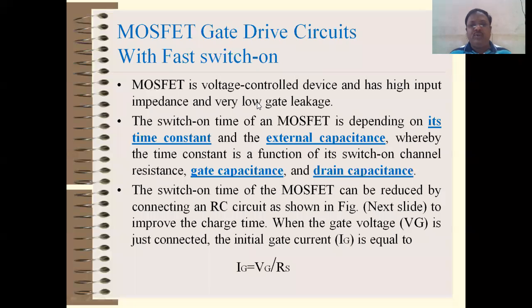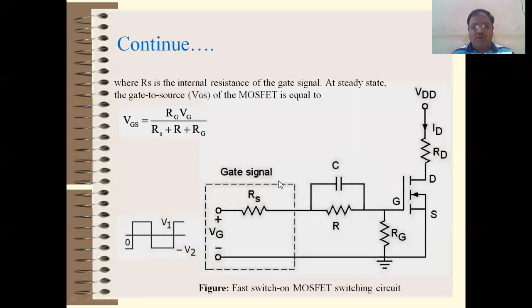Then, as we know the switching characteristics of MOSFET, the switching time, that is on time and off time, is large for power devices or a MOSFET. So we want to decrease the on time and off time, so that the switching speed is more, meaning fast switching. The time required to turn on the MOSFET and the time required to turn off the MOSFET needs to be decreased. For that purpose, some additional circuitry is given, which we have already seen.